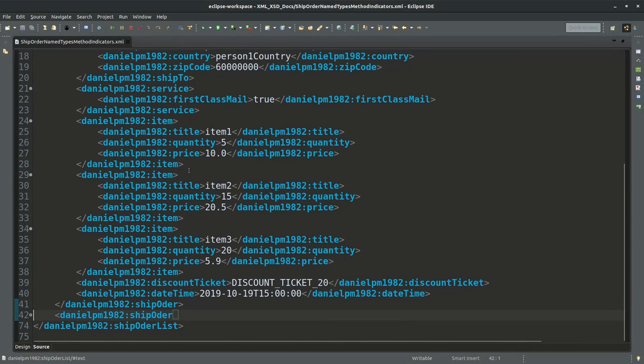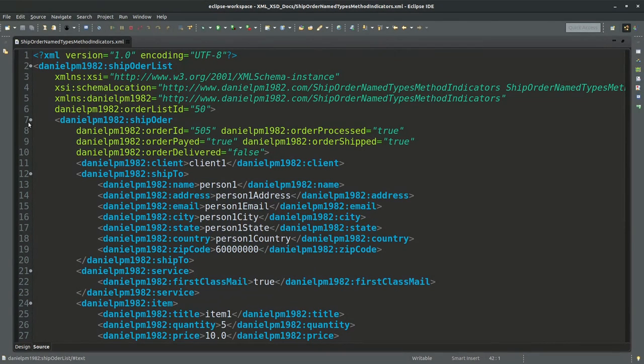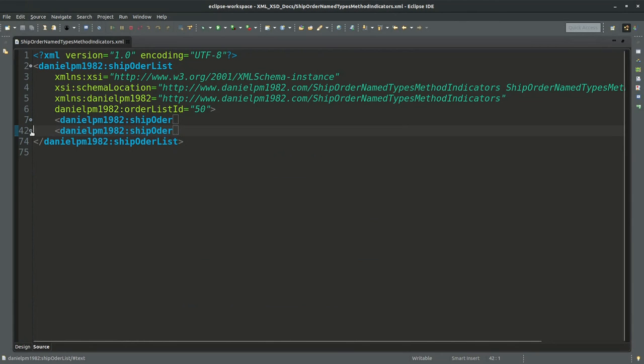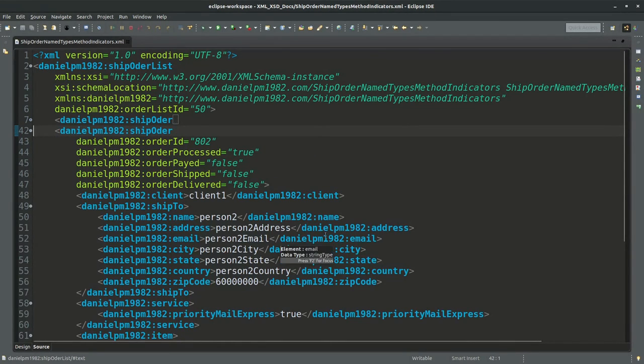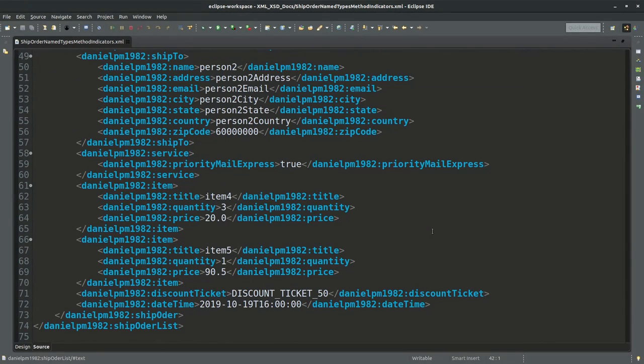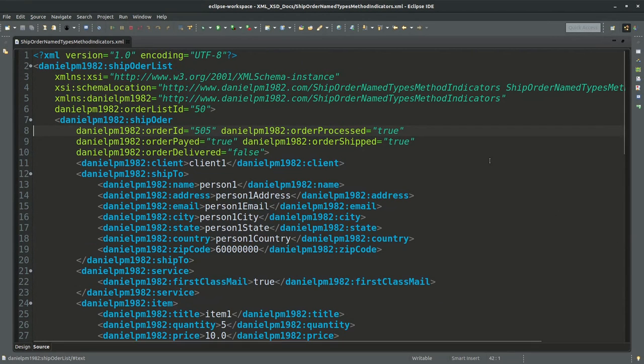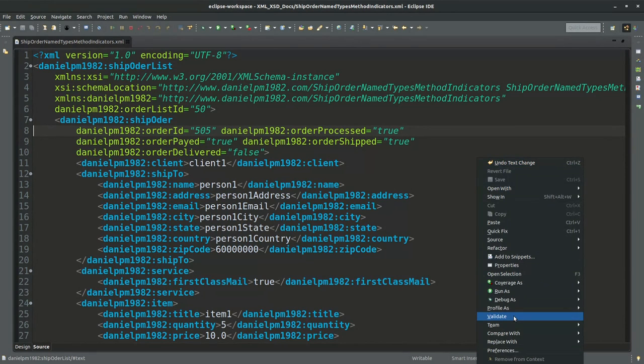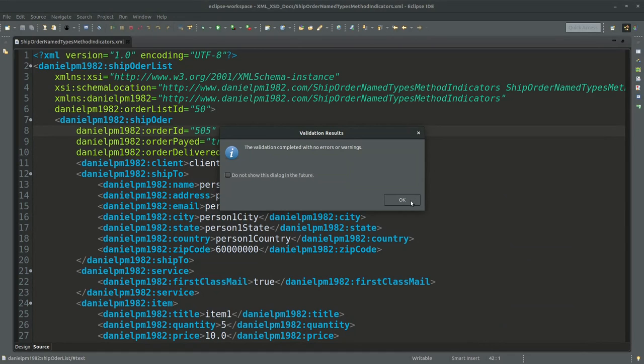The item or the items requested at that shape order, as well as the discount ticket and the date time for that shape order. And other than this first shape order, we also added a second one with different values, but basically with the same structure. So now let's test this order list instance to see if it validates against our XSD document,